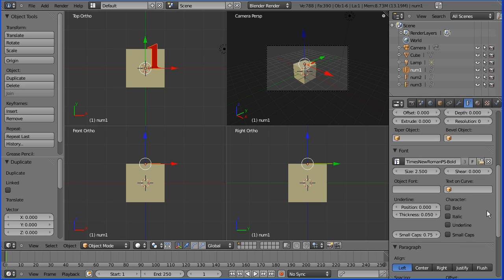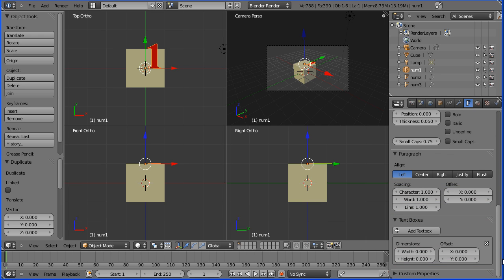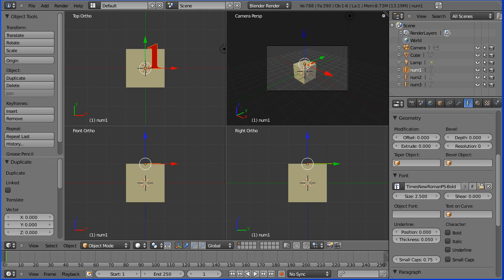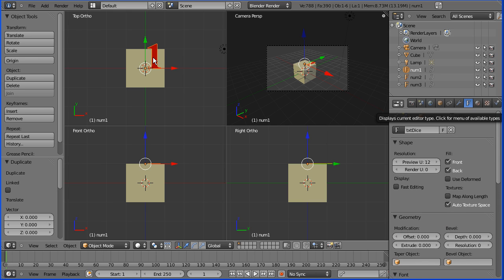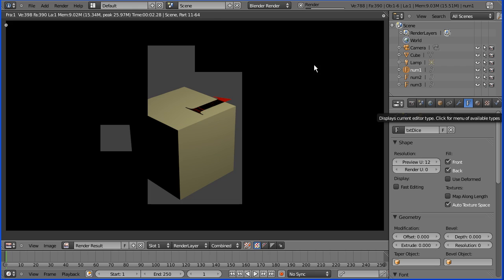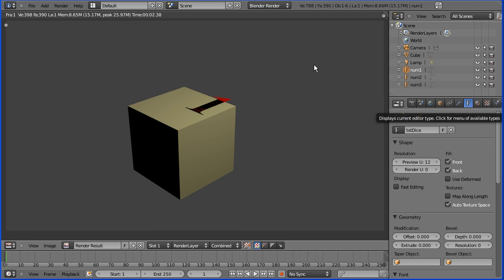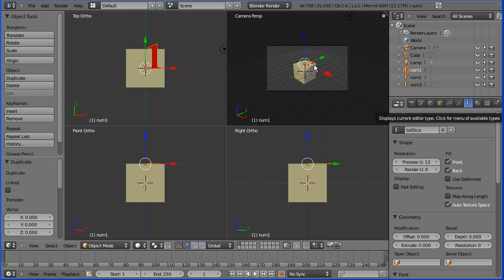Go to font, and somewhere in there is extrude, which you can use to give it thickness, but at the moment that text object has no thickness, and the face of the cube has no thickness. If I press F12 to render that, the face of the cube and the number are occupying the same space, so it's unpredictable how it's going to render. So if I press F11 to return, I just want to move the text object just a little bit